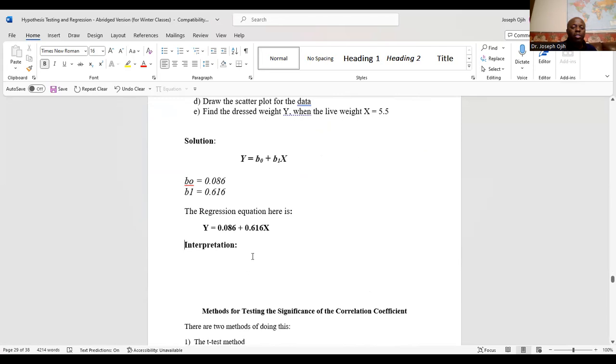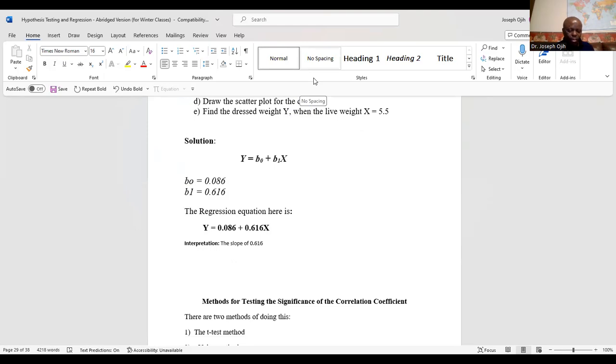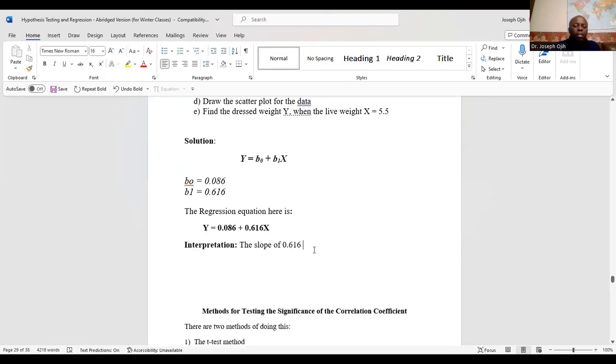So what does this slope of 0.616 mean? This indicates that